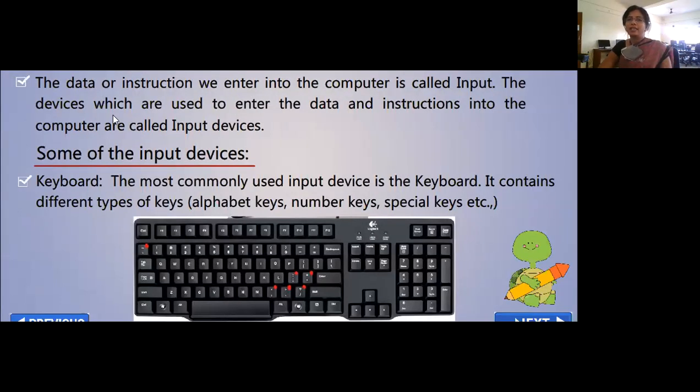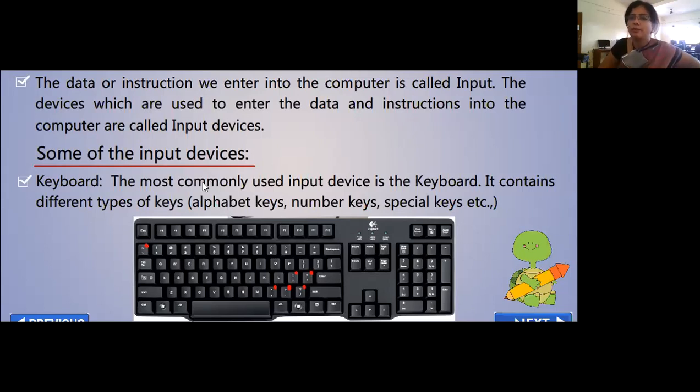The data or instructions we enter into the computer is called input. The devices which are used to enter data and instructions into the computer are called input devices.